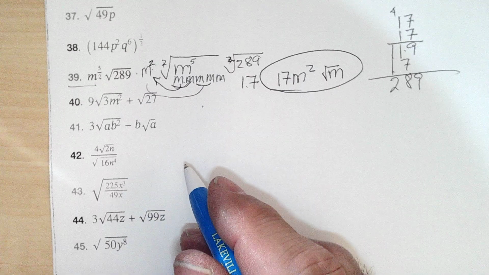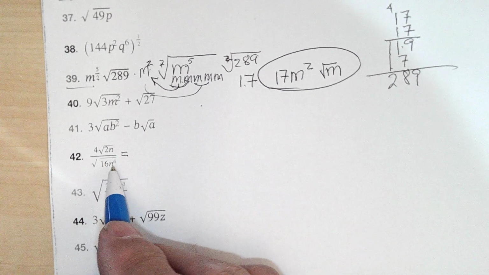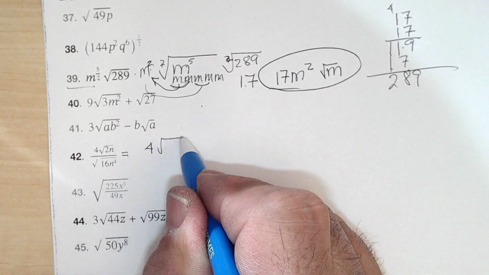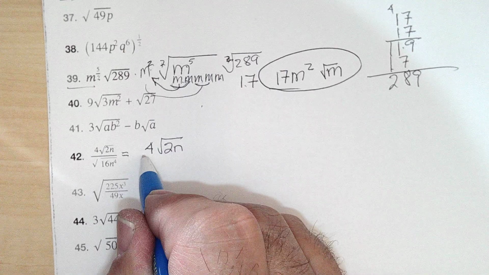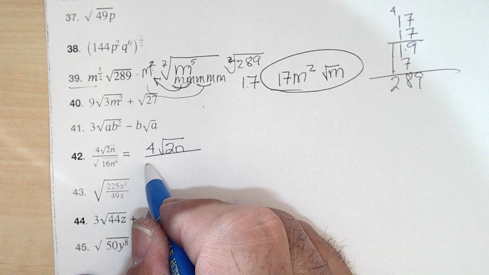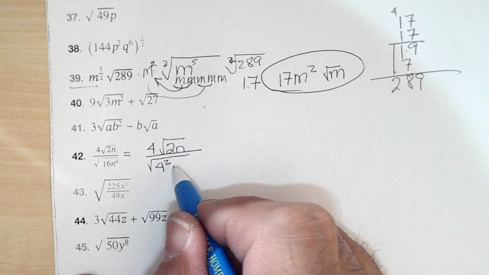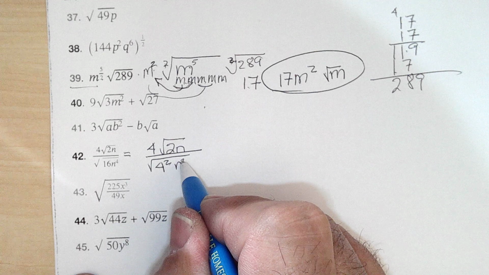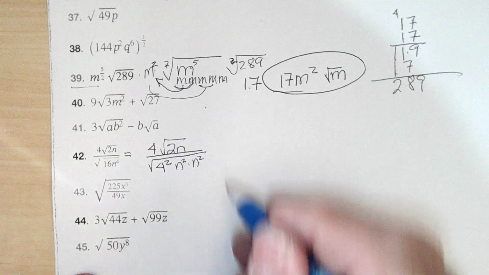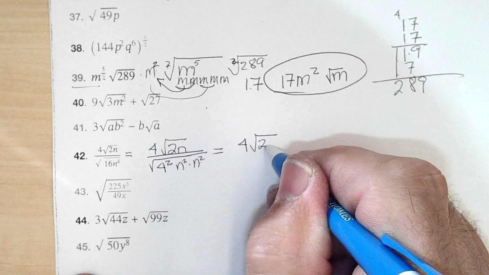Okay, 42. Probably easiest would be to reduce, but I'm going to do it differently. I'm going to say this is 4 square root of 2n. And square root, I'm looking for pairs. 16 is 4 times 4, a pair of 4s, and n squared times n squared, so a pair of n squareds. So I get 4 square root of 2n,